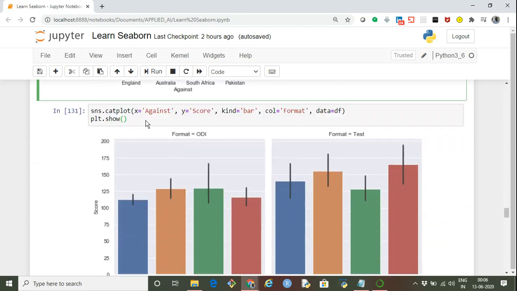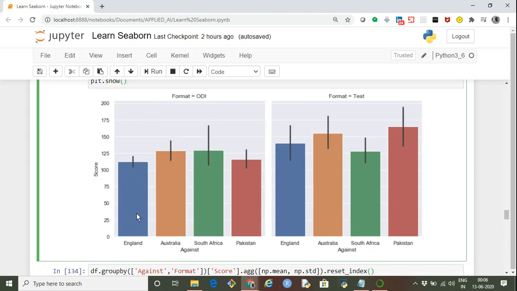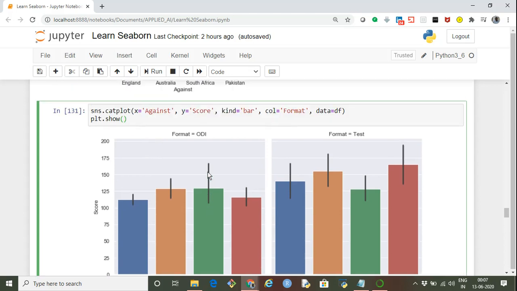Now another plot that we can do is a bar plot. So in Seaborn, the bar plot represents the average data, and it also displays the standard deviation or the standard error you can call. So the way to create is sns.catplot. On the x-axis I'm specifying against, on the y-axis is the score, and kind is bar, so I'm specifying to create a bar plot, and I'm saying column equals to format.